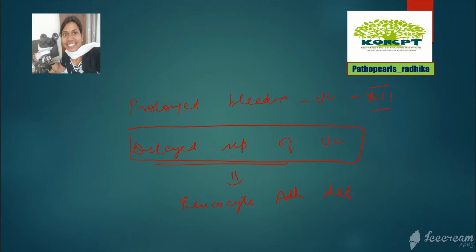So you all know after birth, after a few days, the umbilical cord will separate. Why does this separate? Because at the base of the umbilical cord, all your leukocytes will come and they will release a lot of enzymes, and then your umbilical cord falls off. Okay, so what happens in leukocyte adhesion deficiency? The leukocytes cannot adhere, so there is no further steps happening, so there is delayed separation of umbilical cord. So don't get confused between these two.